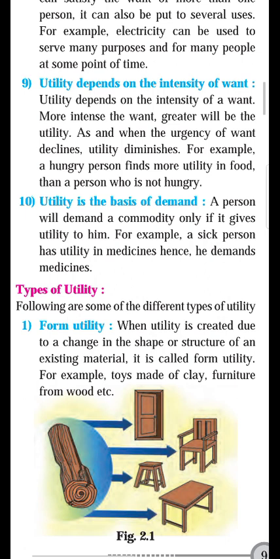Okay, let me read this para. Utility depends upon the intensity of want. The more the intensity of want, the greater will be the utility, and as and when the urgency of want declines, utility diminishes. Yes, it is the same. For example, a hungry person finds more utility in food than a person who is not hungry. Okay, so these are the 9 features, and the last feature is